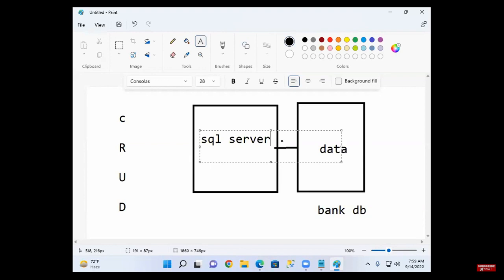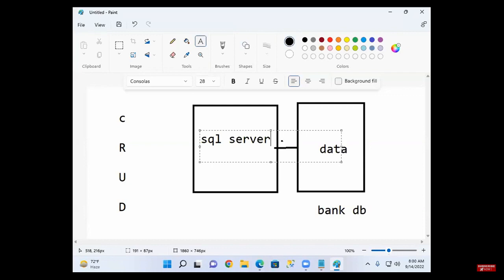In your laptop, you want to create the database and work with the database. To do that, first you need to install SQL Server. After installing SQL Server, you can create the database and work with it. Working with the database means creating, reading, updating, and deleting the data.